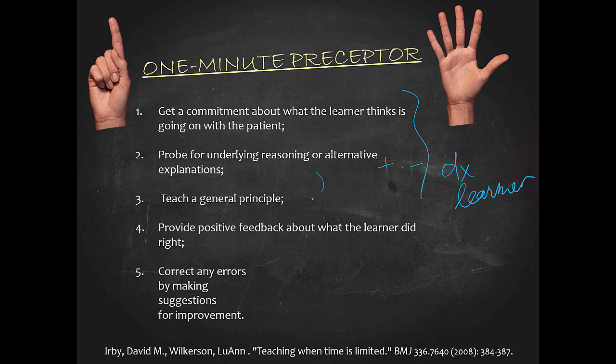You can then teach a general principle that is tailored to the learner's needs. The time-saving step is that you only teach one brief concept. Studies show that learners don't retain more than a few pointers at a time. If you think that more in-depth knowledge on the topic is needed by a novice learner, you can always address that in step 5. But first, after teaching a general principle, move to number 4, provide positive feedback for what the